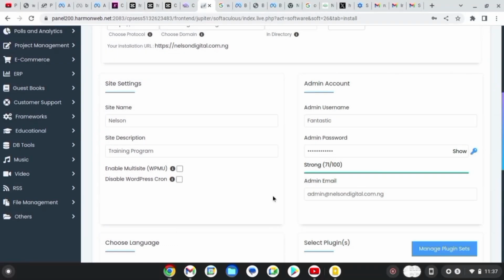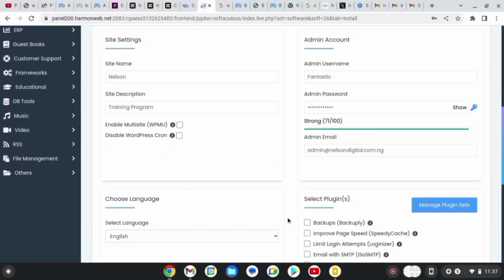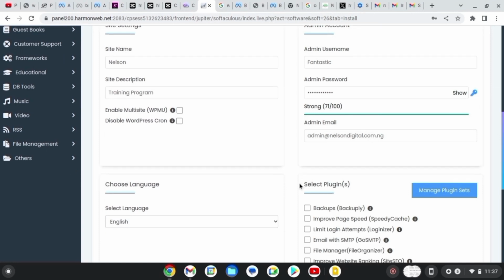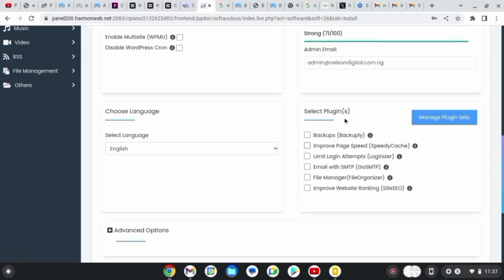All right. Then you can scroll down here. You can leave yours like this. You can leave it like this. The admin email shouldn't be your personal email address. So you scroll down and check this limit login attempts and select your language